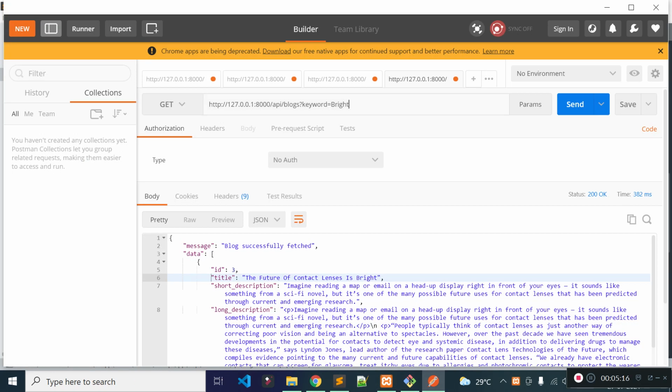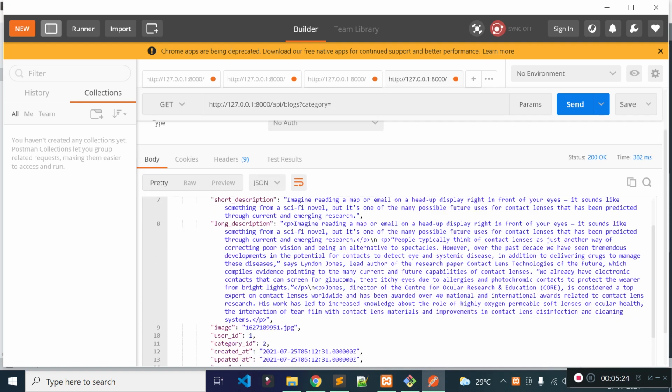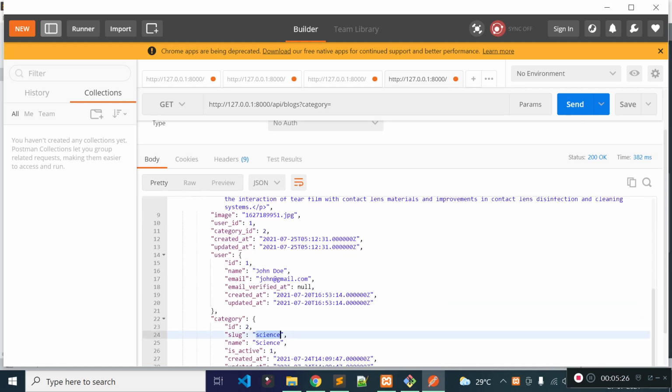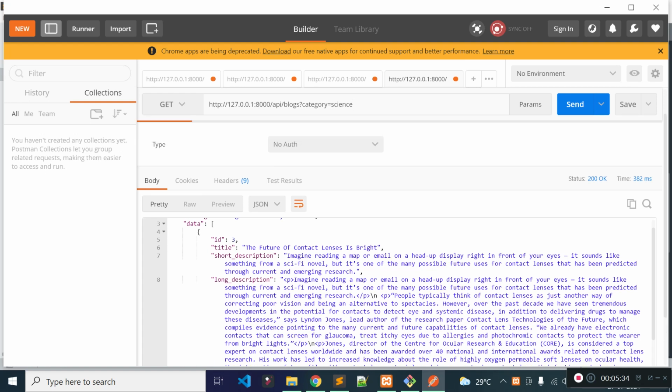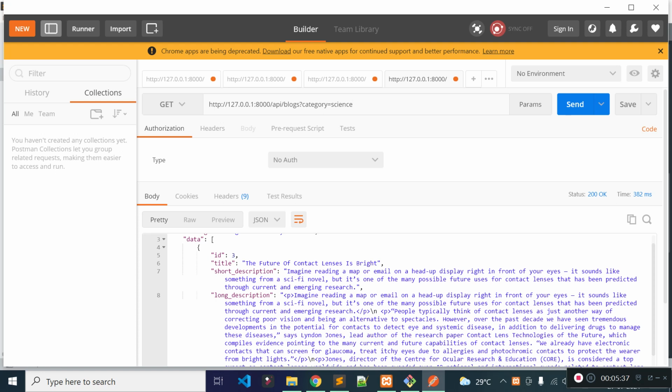Now from Postman, let's pass category in the query parameter, and let's provide category as science. This is the slug name of our category. We have science and sports in our categories table, and there are some blocks with this science category inside our blocks table.